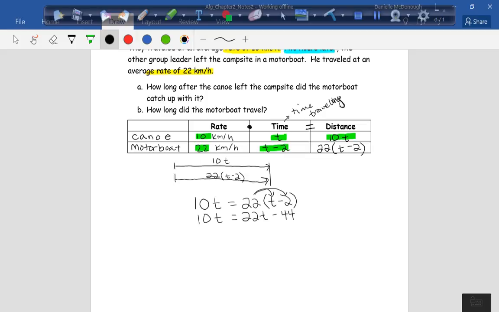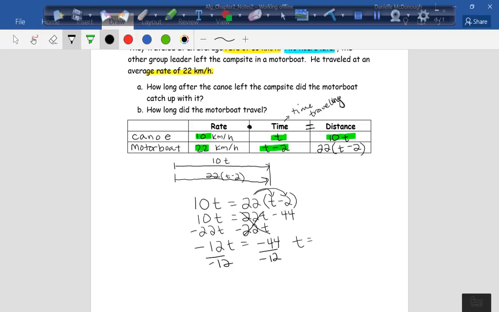Let's keep solving this. We have variables on both sides, so I need to get my variables to one side. So I'm going to subtract 22t. That crosses out. Over here I have negative 12t is equal to negative 44. Okay. So then what I'm going to do is divide by negative 12, divide by negative 12. So t is going to equal,